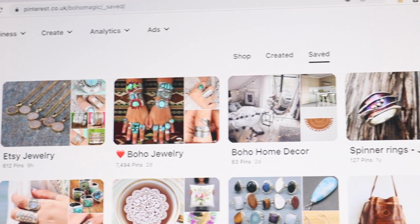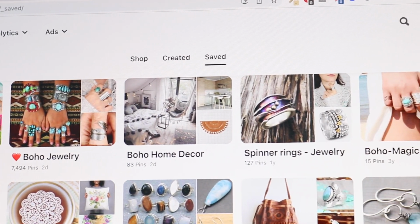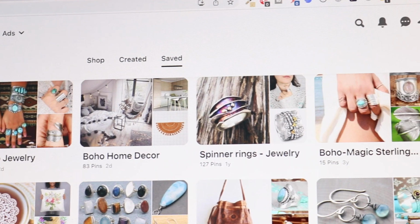For example, if you sell handmade jewelry, you could create boards such as boho rings, statement necklaces, or dainty bracelets. You can also create boards that align with current trends or seasons. For example, if you sell handmade candles, you could create a board called Fall Inspiration or Holiday Dream. By choosing relevant topics for your boards, you increase the likelihood that potential customers will discover your products while browsing